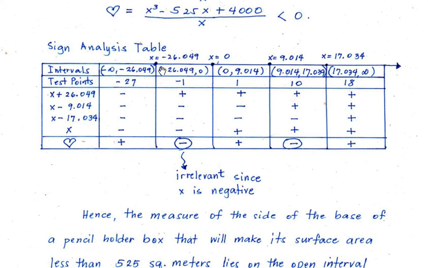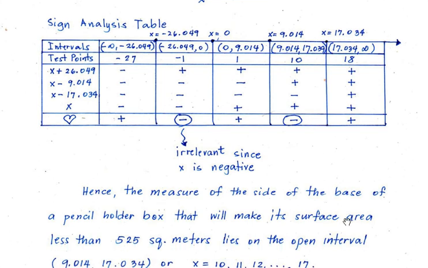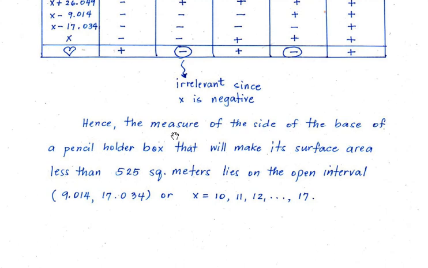But you will notice that this negative is on the left side of 0 and irrelevant since x is negative, meaning we cannot have a negative for the side of the pencil holder box. So we have to get this interval here, and this interval falls on the open interval 9.014 to 17.034 for the value of the side of the pencil holder. So we can say our conclusion here is, hence, the measure of the side of the base of a pencil holder box that will make its surface area less than 525 square meters lies on the open interval